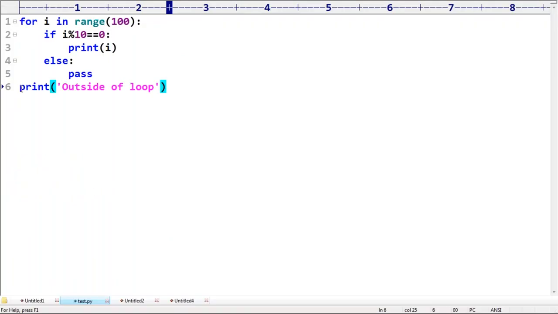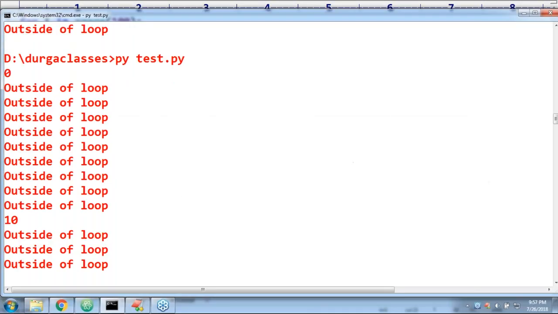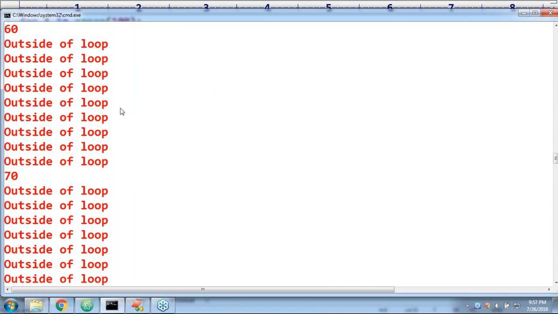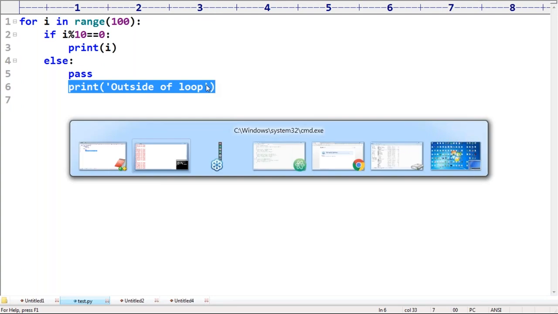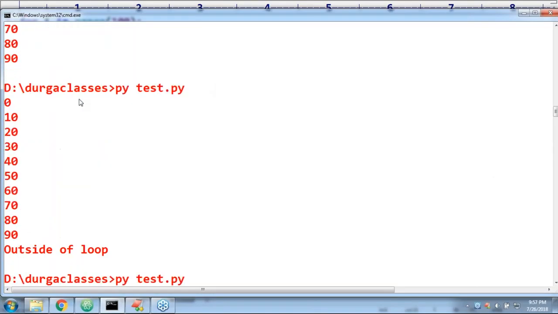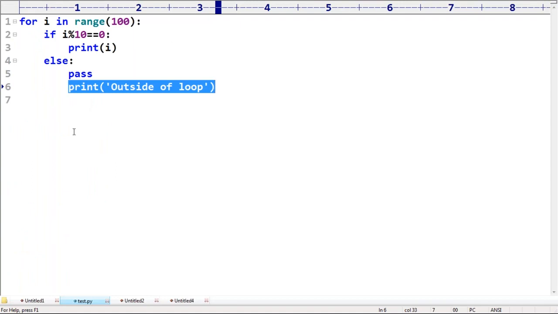Now my question is, after pass directly I am writing this, what will happen? Yes, it's executing. Outside of loop, it's executing. Getting it, Priya, it will execute. Have you observed, right?